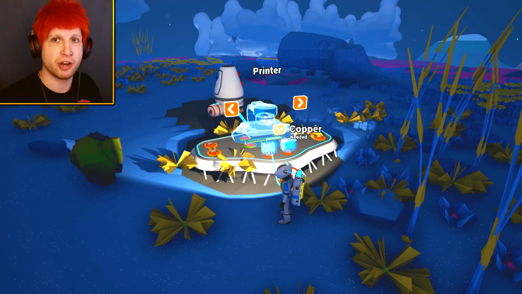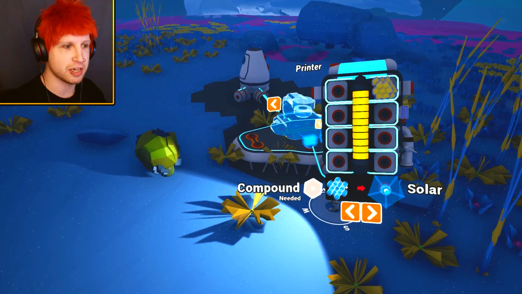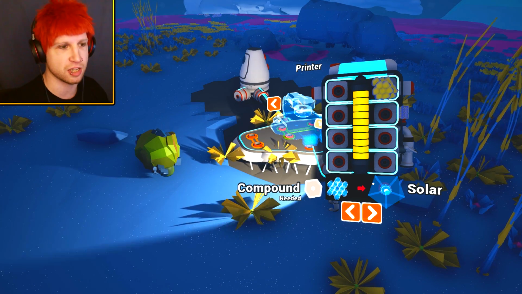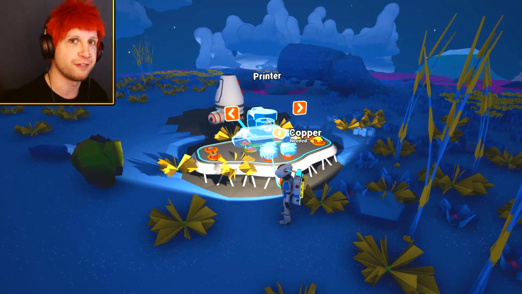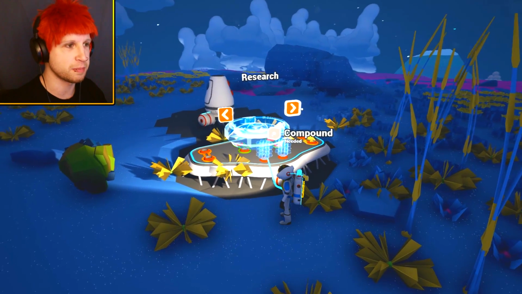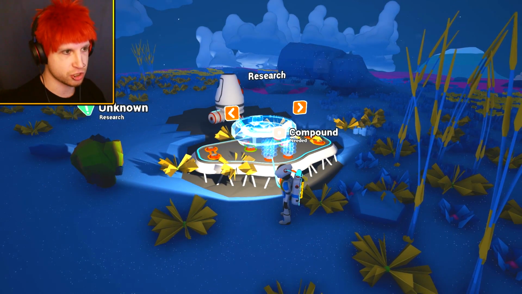But the printer ends up generating big power supplies, and our backpack can kind of end up generating smaller power supplies, which I'll show you all that in a little bit here, because otherwise we don't have any of the resources. But copper is something that you're going to go and find out in caves and stuff, because there's actually caves all around the place. Research is what we're going to be going for right off the hop,